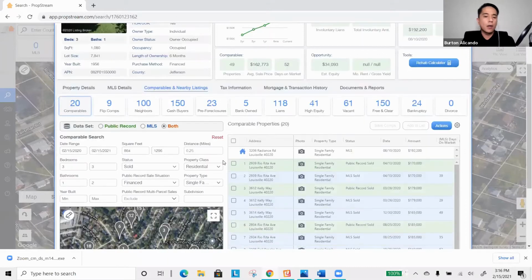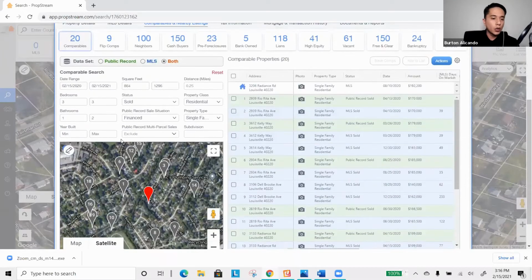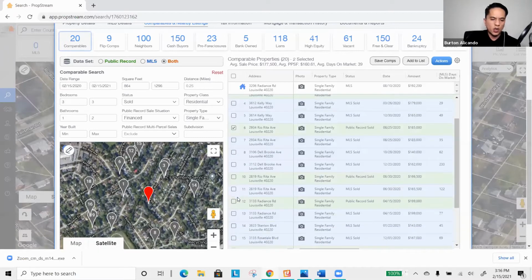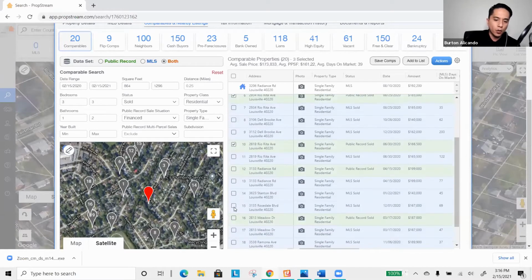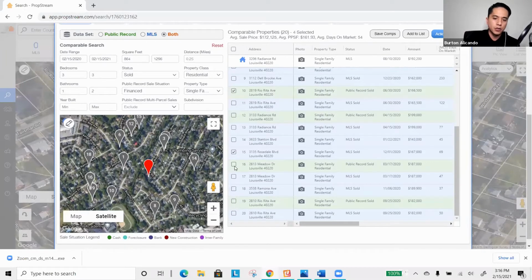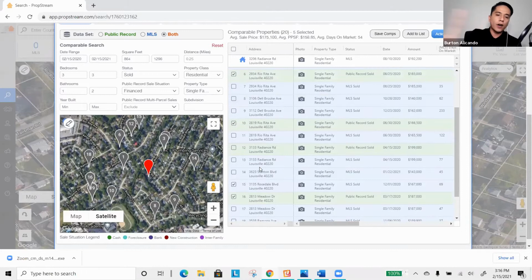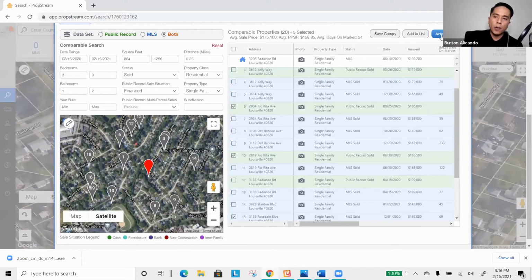I can now run comps on it if the person's interested, use filters, and select the comps that I want. So I'm just going through random comps here. Bad example of running comps. I would really pay attention to photos and all that good stuff, but I'm just running through it really quick. But what we finally let you do is go to actions in the comp section and view